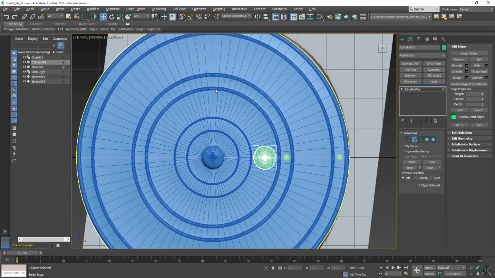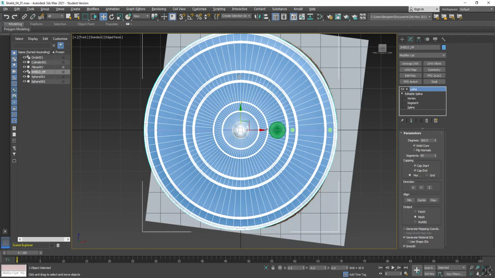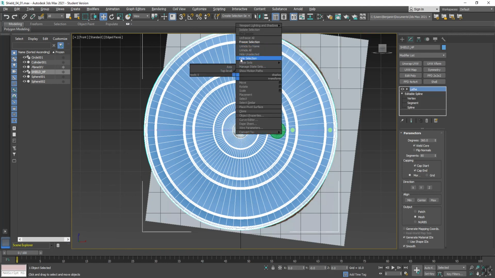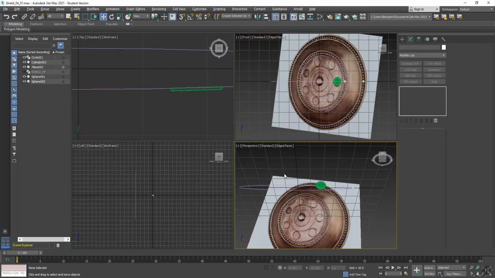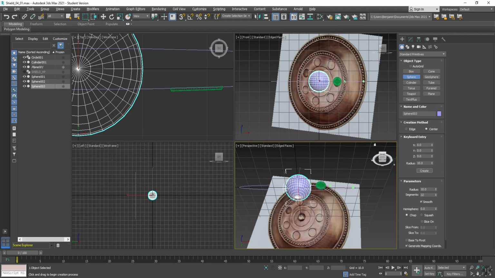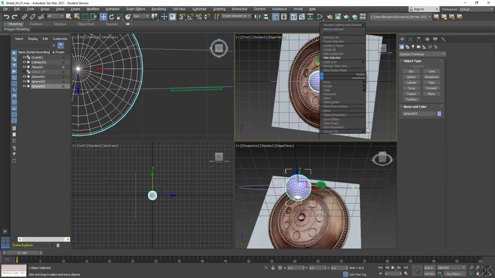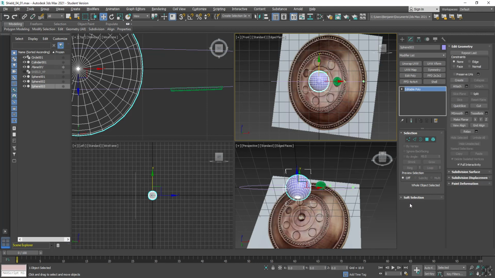So let's Alt-W and make the front view active. I'm going to go ahead and select my shield here and save. Let's hide that. And now here in perspective, I'm going to come over to create sphere, and in perspective I want to make a sphere, keyboard entry, I'm going to make it a radius of 10 and hit create, and I'm going to right click on it and say convert to edit poly,